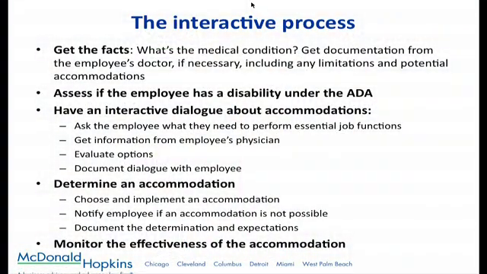So ask the employee what it is they need. Now, sometimes employees do have requests that are outrageous, and you've got to bring it back to how will that help you perform the functions of your job. That's always the focus. It's not performing the job, it's how will that help you perform the job. So once you may have asked the physician for information about the condition, maybe, sometimes this process is compressed and that all comes at once, but maybe you need to go back to the physician and get more information about what type of accommodations the employee needs.